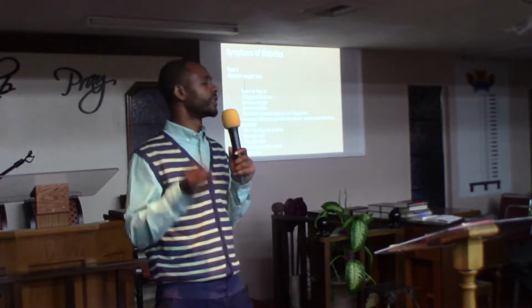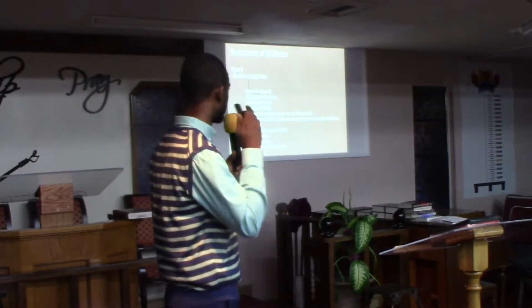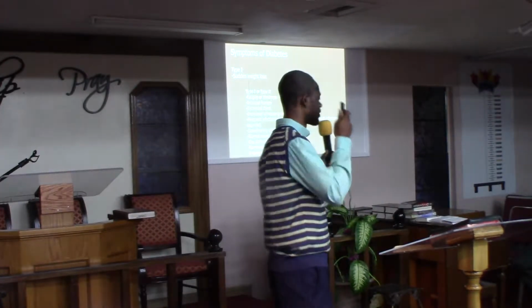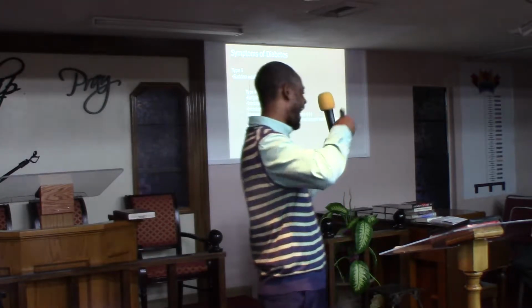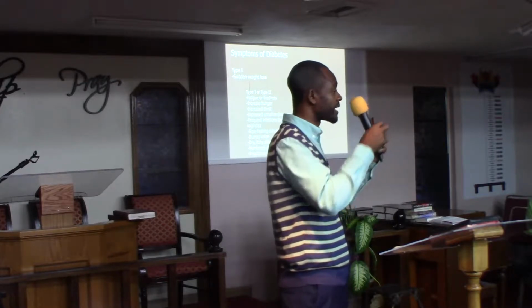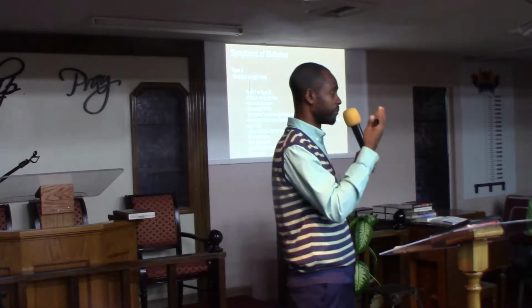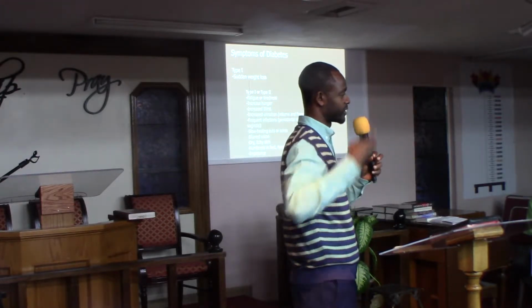That's why I wanted to show the video, because the video would help you to understand some of these a little bit more, because you'll see the animation showing you how it actually works. So for example, a person who has problem with their eyes, they call it diabetic retinopathy. And what actually is happening, the nerves in the eyes, the blood vessels in the eyes become very brittle, so they break easily. And the blood just spills in front of the retina. And that's what blurs your vision.